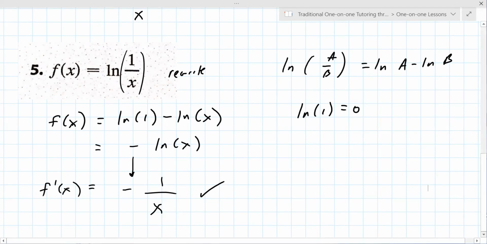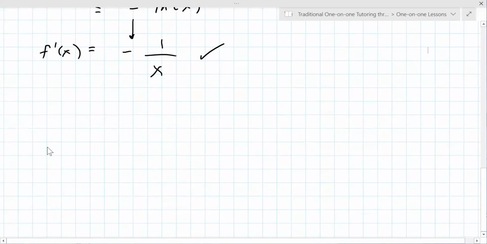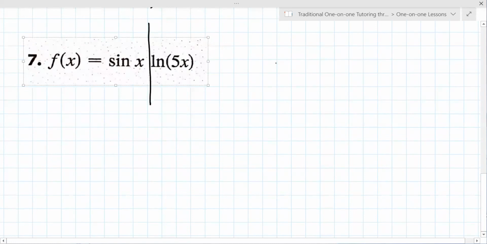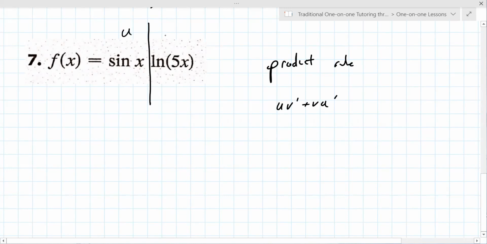Number 7 here. So this is a product rule problem with a tiny little bit of chain rule in this one. I can't remember how we do it. I think you said u v prime plus v u prime. It's your preference. This is u and this is v. So our derivative is,